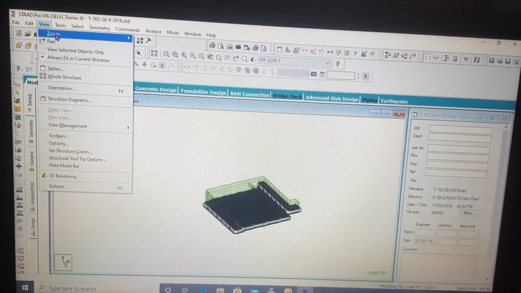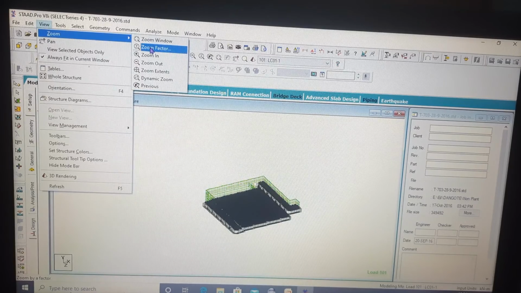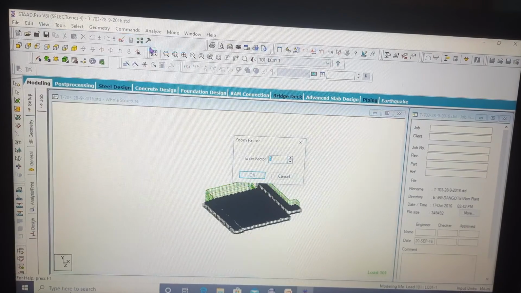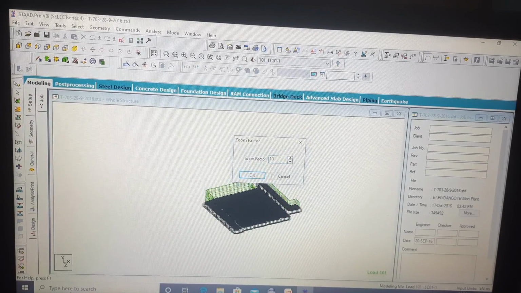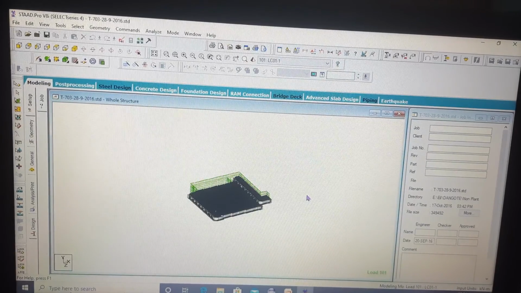Next thing is your zoom factor. Say you want to modify the factor, you want to make your structure bigger, say I want to see the structure at a multiplication of 10 right now from this option. It will be helpful if you model it in the STAAD default view option.